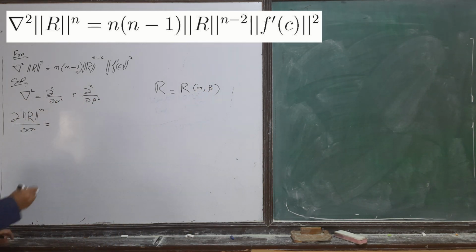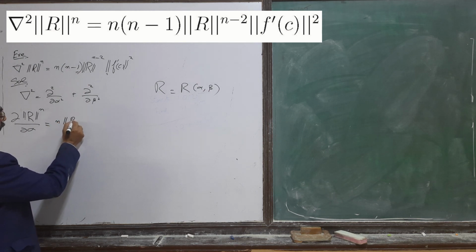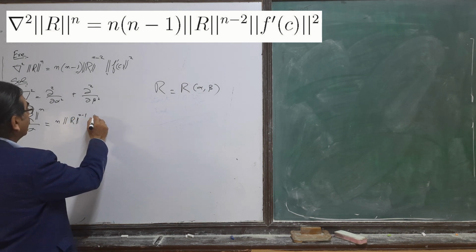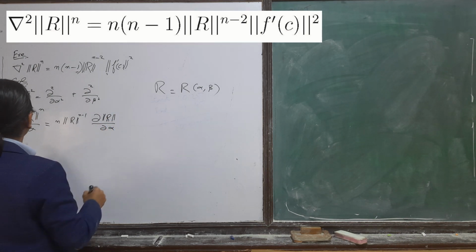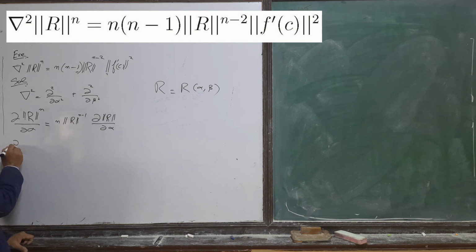So that will be equal to n into r power n minus 1, partial r over partial alpha. When we apply a second derivative,